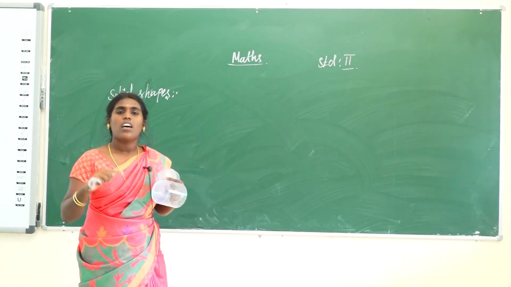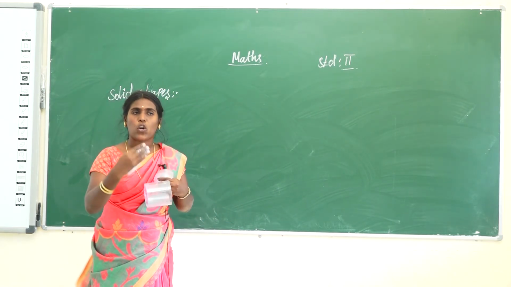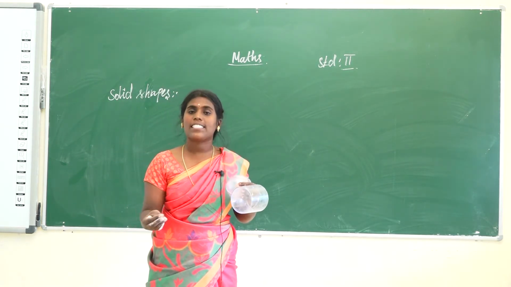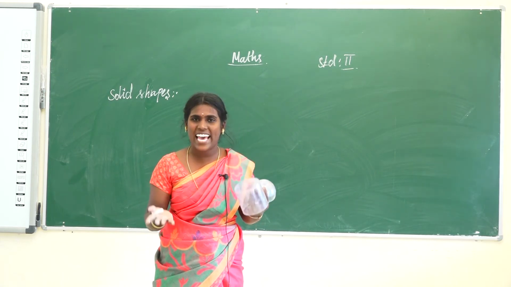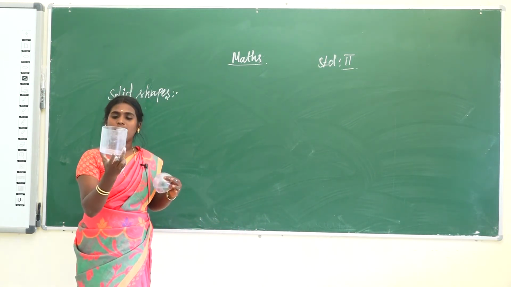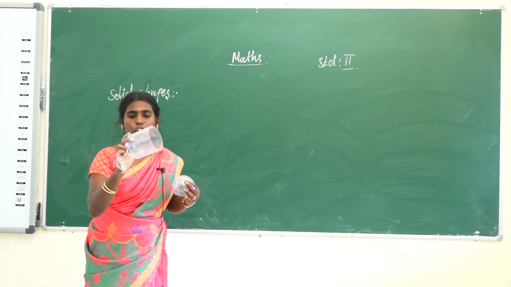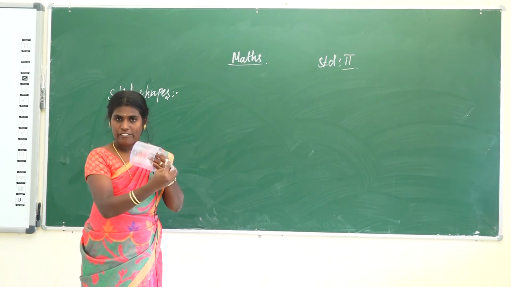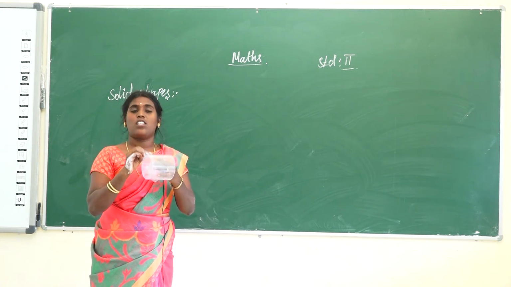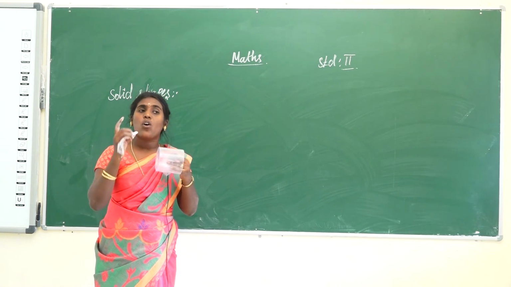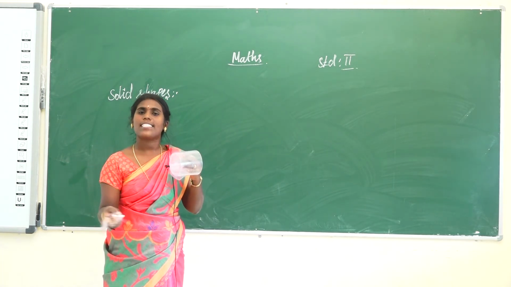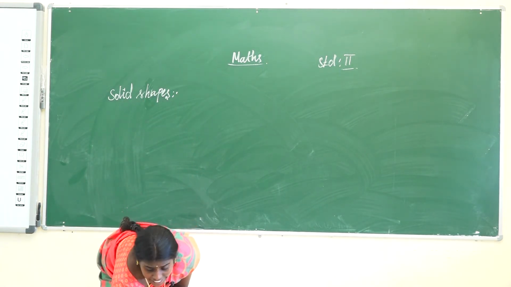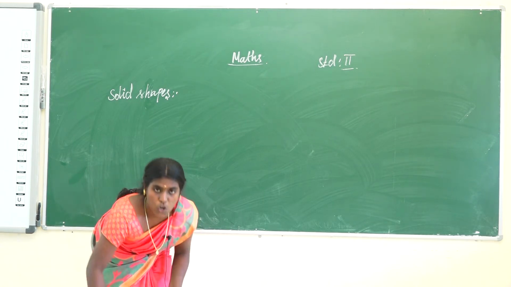Those shapes only roll. Which shape has a flat face? That side is called a slide. So what is this? That is a cylinder. It has two flat faces and one curved face. So that cylinder rolls as well as slides. Now I do it. See here, so just move, that is rolling.